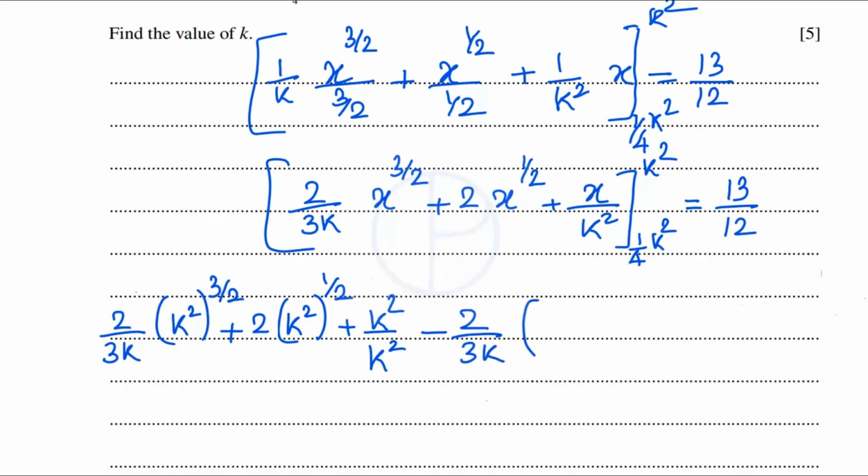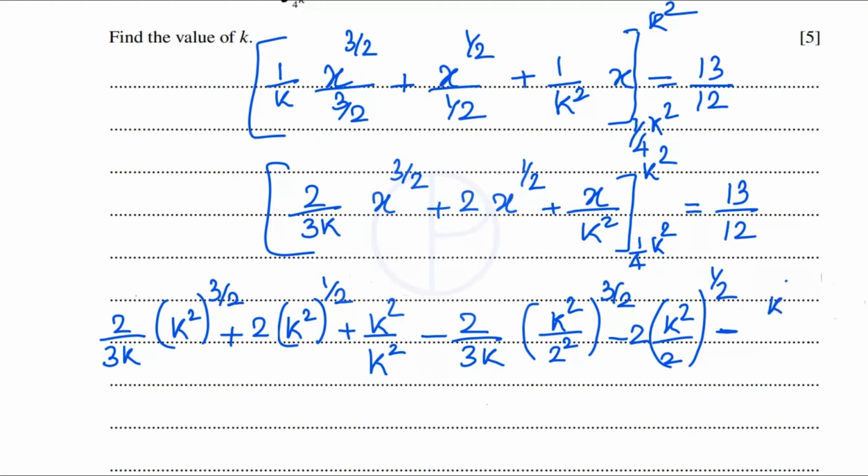We can write 1 over 4 k square as k square divided by 2 square, so it will be easy for us to cancel the numbers. Minus 2 times k square divided by 2 square, the whole power 1 over 2, minus k square divided by 2 square divided by k square, equal to 13